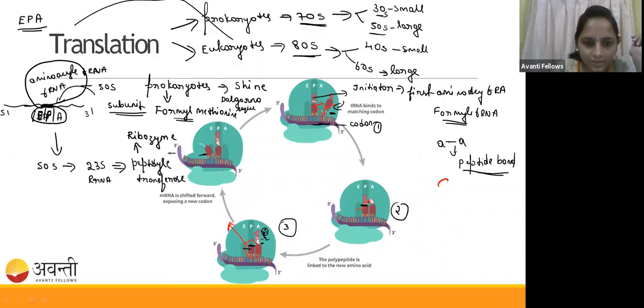So you can see which is present in the A site, the amino acid joined here, which is present in the A site, is now shifted to the P site. You can see here, it is in the A site now. So after the exit of this empty tRNA, it enters from the A site into the P site now. Okay. So this is how the elongation will take place.